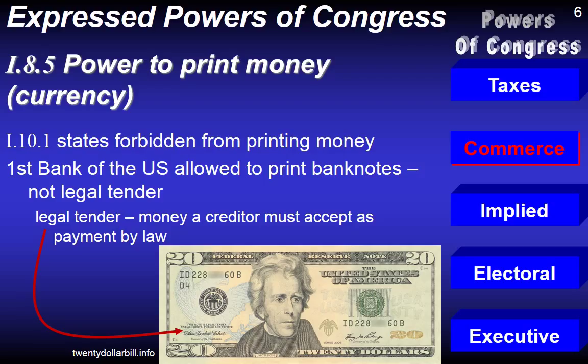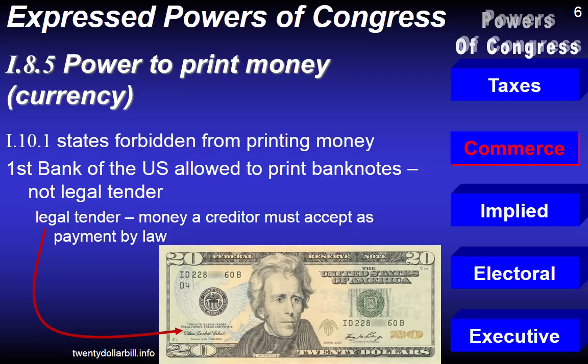But one of the key things that we need to pay attention to when we talk about currency is that there is a significant difference between a banknote and legal tender. Now, a banknote, technically, you could say that when parents write out a check, that is a banknote. That is a note from the bank saying that they will pay the merchandiser the amount of money that's on there. Banknotes that were printed had pre-established numbers on them, but they essentially were the same concept as a check. However, no one's required to take your check or your parents' check.